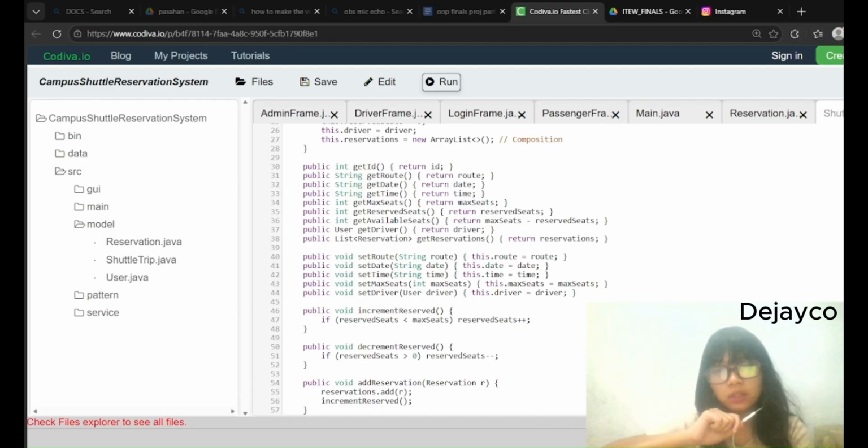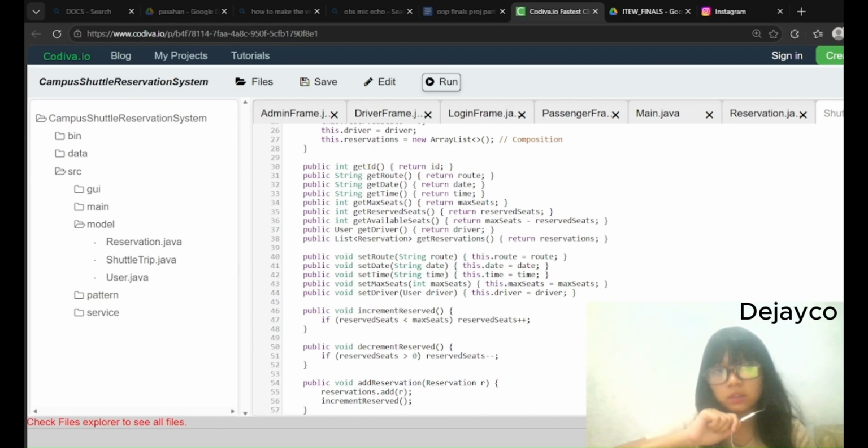And next po are the setters. They allow the user to modify the existing variables or values. And here naman po is a method, public void increment reserve.